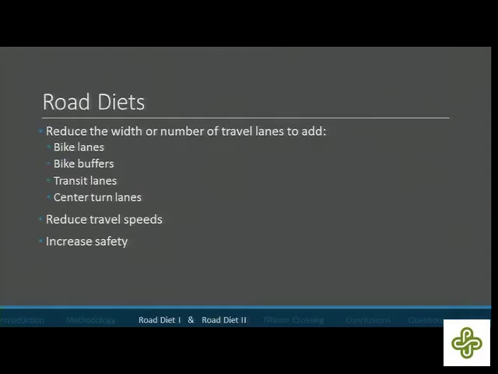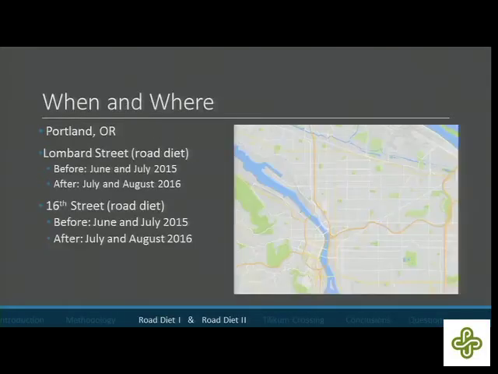You might take away a parking lane and add bike lanes, reduce lane widths to reduce travel speeds, change the lane markings to encourage certain behaviors. They have been shown to reduce travel speeds, and they have been shown to increase safety. But again, not for transit specifically. So there were 2 road diets in Portland that we had before and after data. The first was in North Portland on Lombard Street, and the second was right by the Lloyd Center on 15th